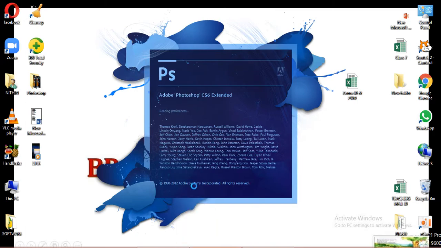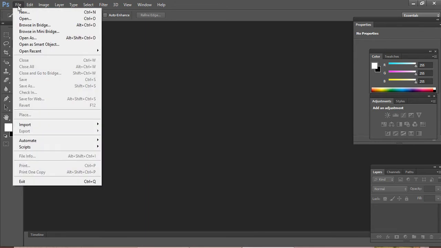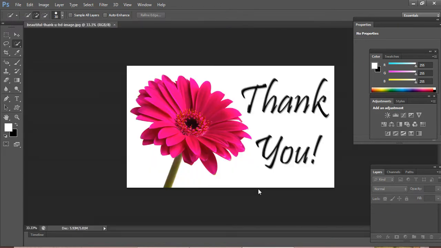It will take some time to load, so just wait. Now we want to load an image. First step, go to File and choose the Open option. Load the image you want, select it and click Open. Yes, the image is ready. The zoom is 33 percent, and I'll make it 40.